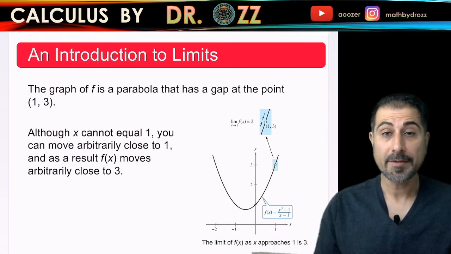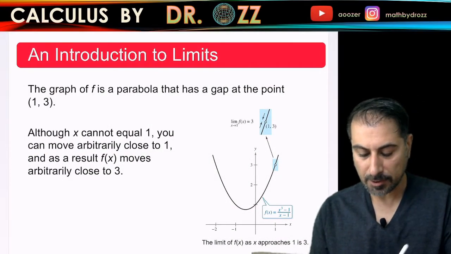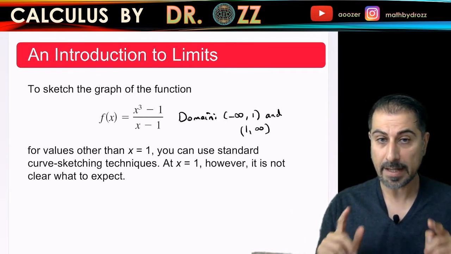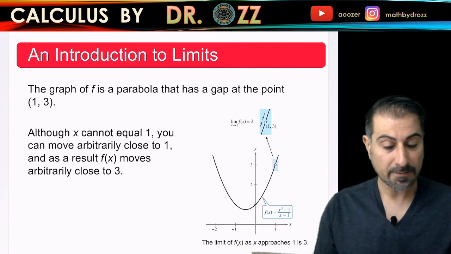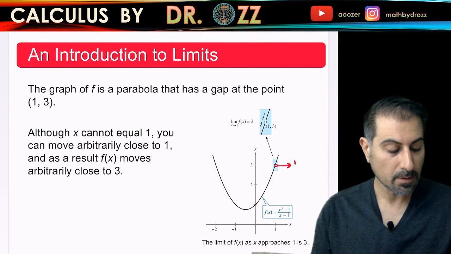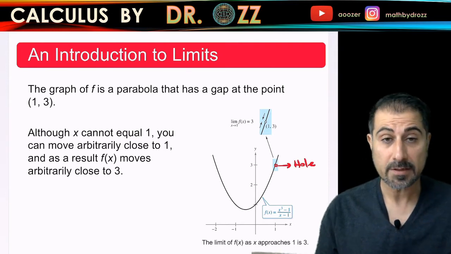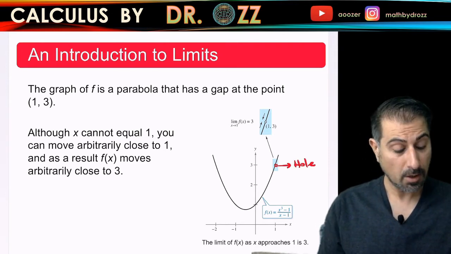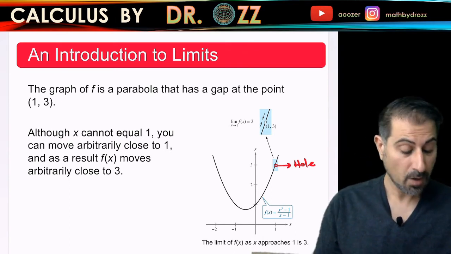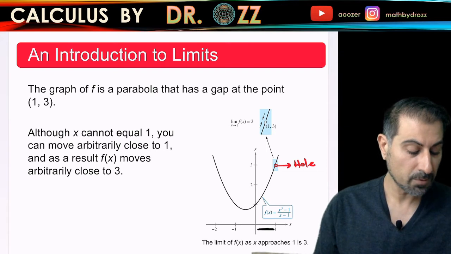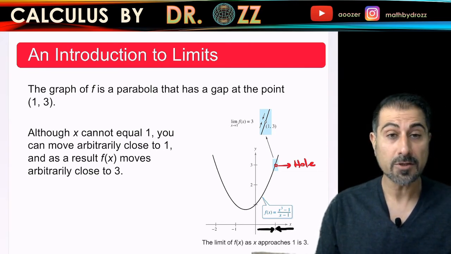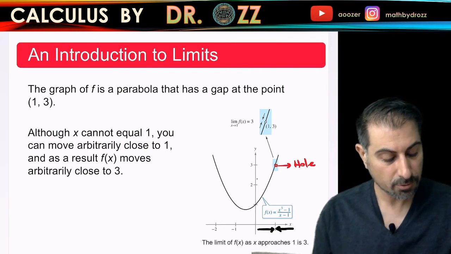All right, here is the graphical representation of the rational function x cubed minus 1 divided by x minus 1. Remember that at x equals 1, the function is not defined, so that's why we have a puncture or hole. But we can still graph the whole function. And from this graph you see that when you get closer to 1 from the right or left, the corresponding function values approach